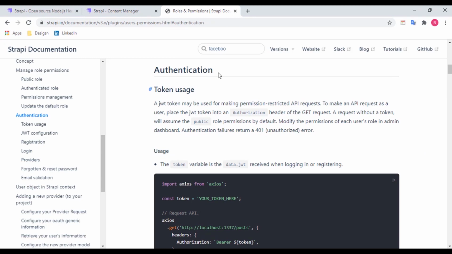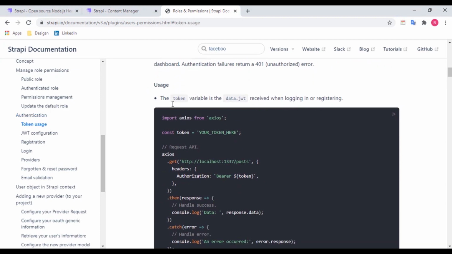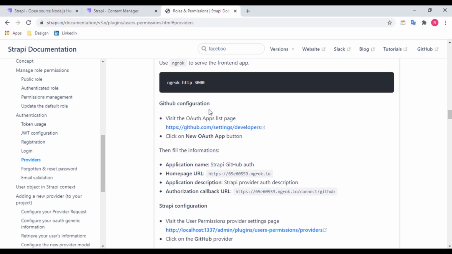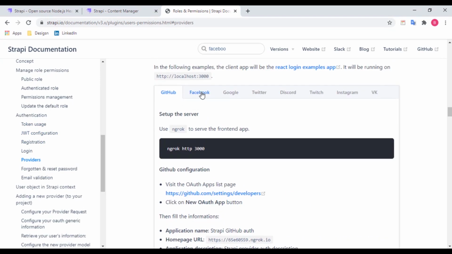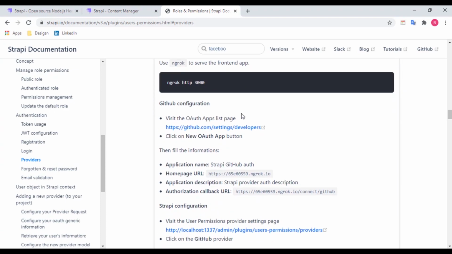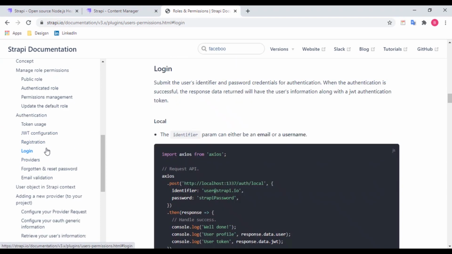Whenever a user logs in, Strapi returns a JSON web token that the user is going to be using to make a request, and that is something unique to every user. So let's scroll down a little bit to see how we can use that. There are some other things that Strapi also supports: Github login, Facebook login, Google login, Twitter login, Discord, Twitch, Instagram, as well as VK. So these are some authentication methods you can use for Strapi,